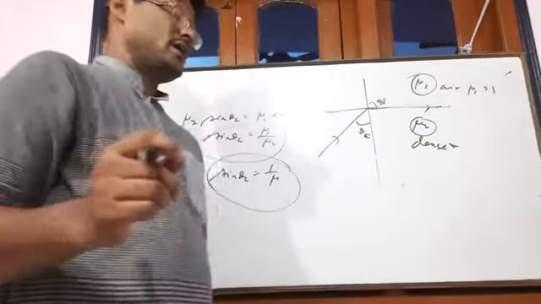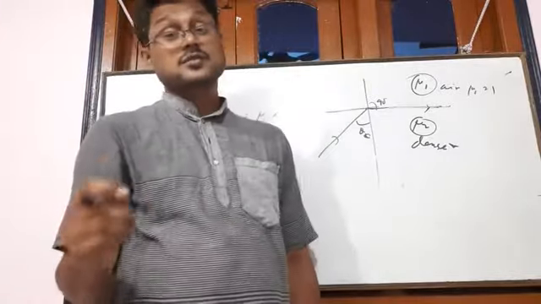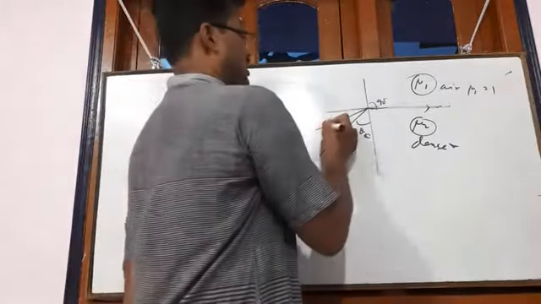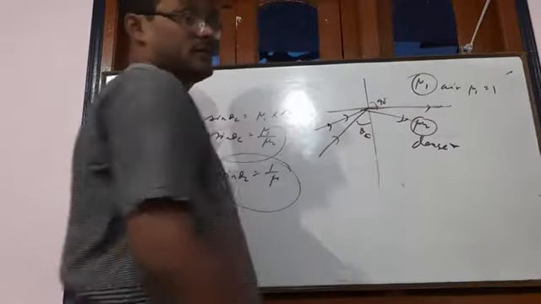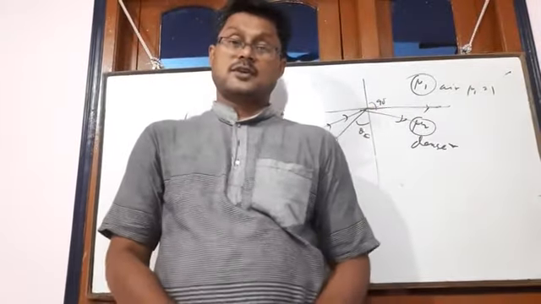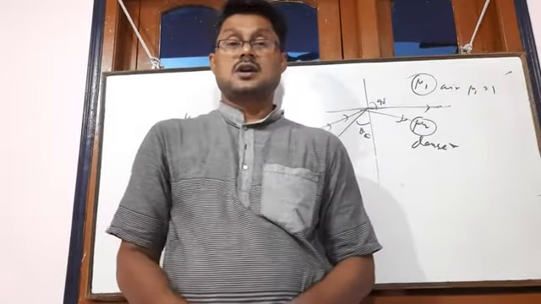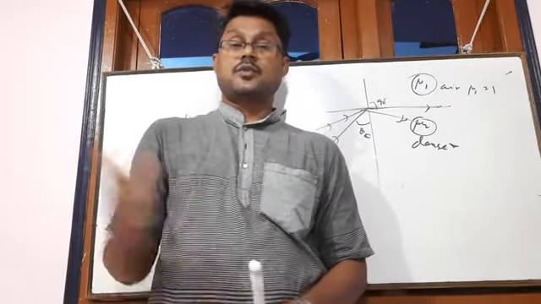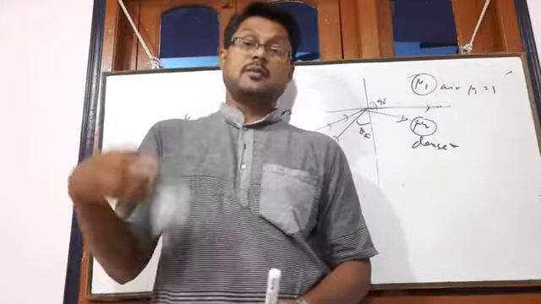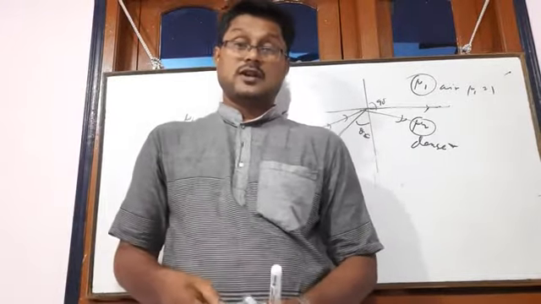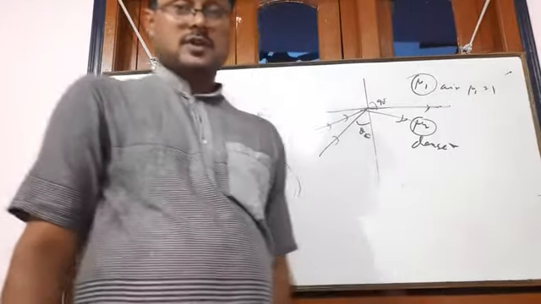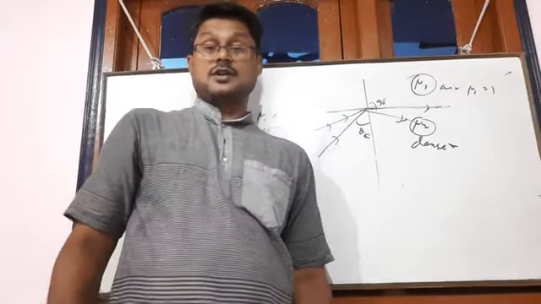Now if the angle of incidence is more than the critical angle, what will happen? Then the light ray will be totally reflected. This is called total internal reflection. So these are the important topics I have discussed, and these are important for entrance exams also, and this idea can be used for the next topic. That's why you should practice this, whether or not it is in your syllabus.